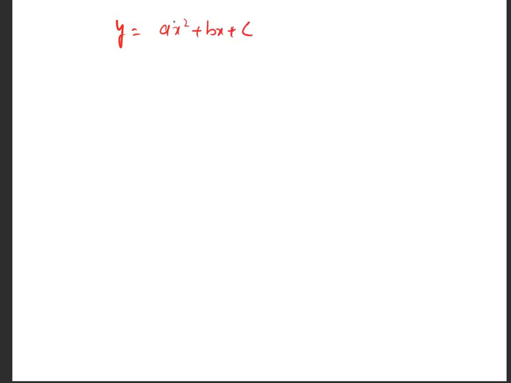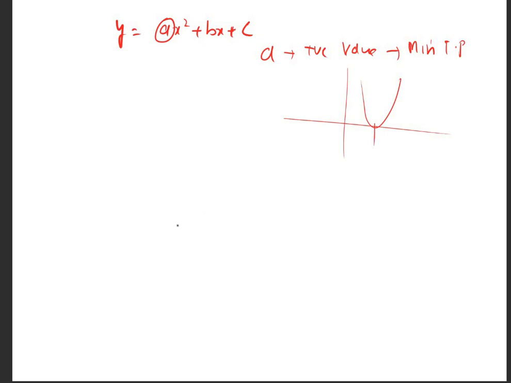This a is very important. If this a is a positive value, I will get a minimum turning point parabola. That means a parabola will look something like this. And if this a is negative, I get a max turning point parabola,